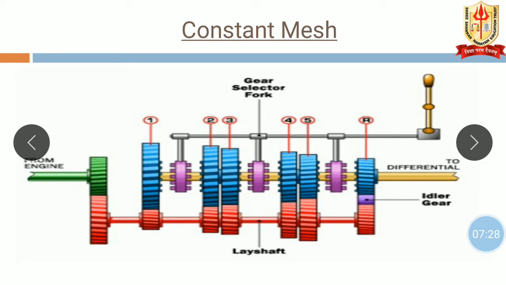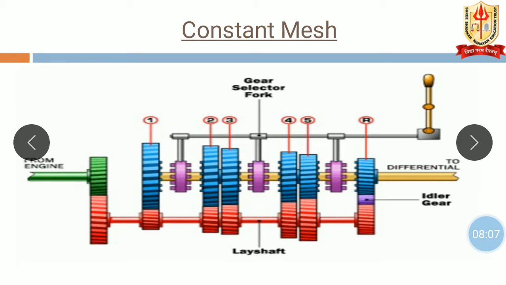Okay, in the same way, when we want to select the fourth gear, then we shift this dog clutch to this fourth gear and engage with it, then the power is going to be transmitted in this way. Okay, like this. Again, when we want to select the fifth gear, then we select this third dog clutch, then again we are going to engage that dog with this fifth gear, then again the power is going to be transmitted with this fifth gear, like this. This is how the power is going to be transmitted from fifth gear.